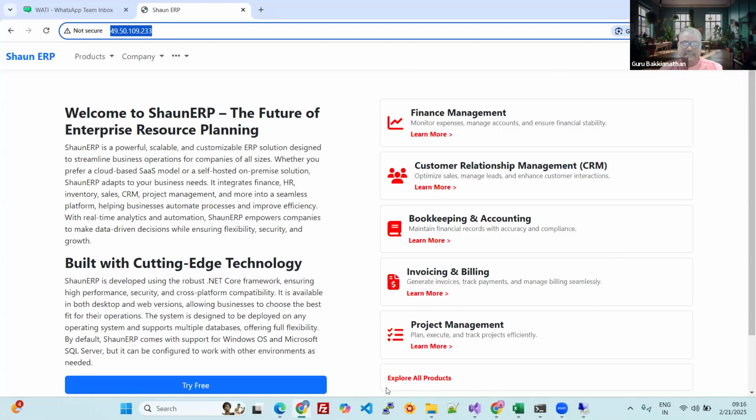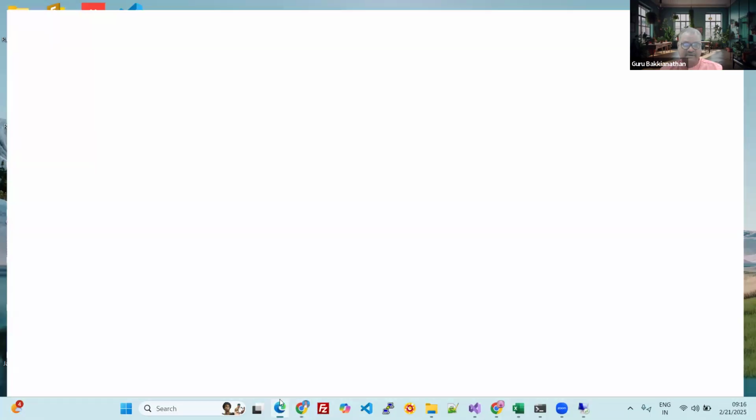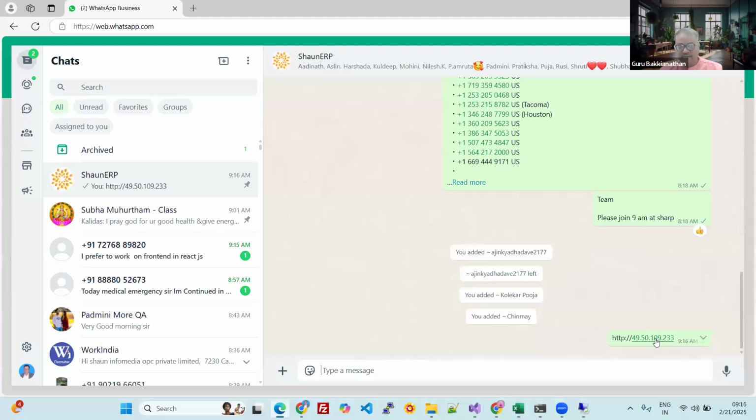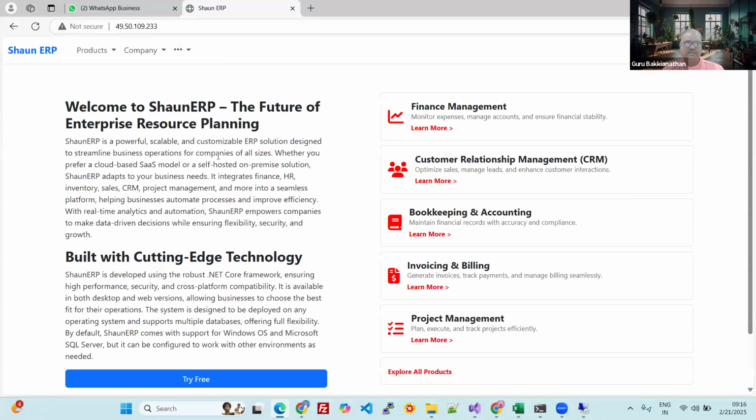You can click and see the static IP I gave over there. It will take you to the website. It's a very plain, simple HTML file we just developed. This is the home page. We will gradually optimize this. We will change the content and do many changes here. This is just a beginning.